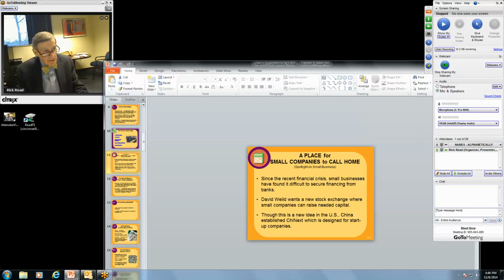There's already an index for small businesses known as the Russell 2000. And it watches small businesses and small capital stock. I may have mentioned it here in the course before. If I haven't, I'll do it now. Small is a relative term. Do you mean small in size of employees? Do you mean small in size of value capitalization? What does small mean? And so I think that it's going to be difficult for someone to come up with that.